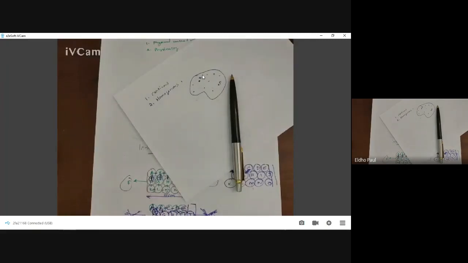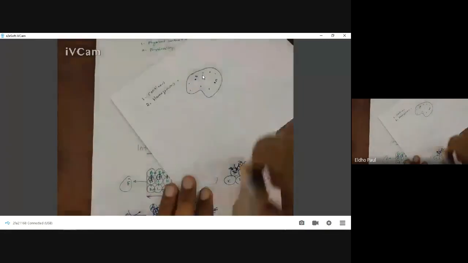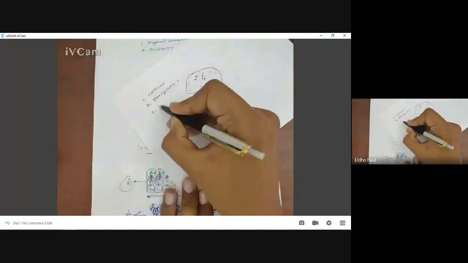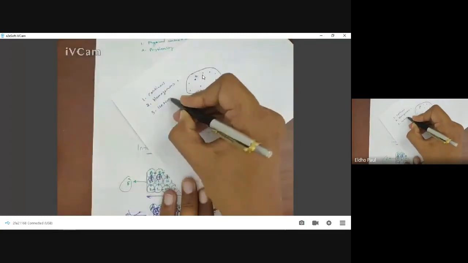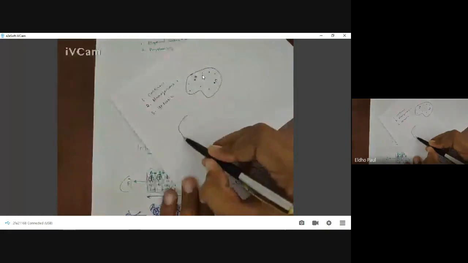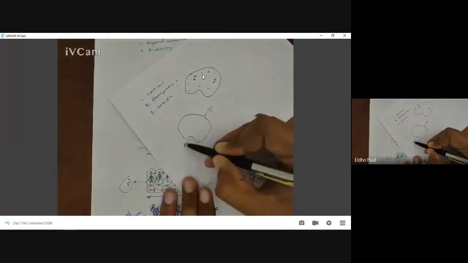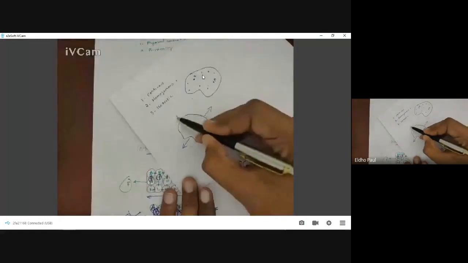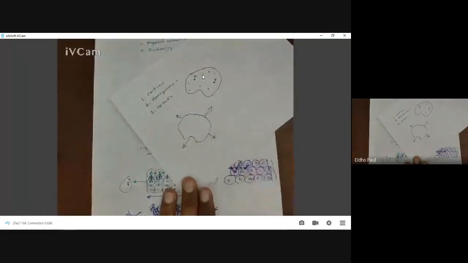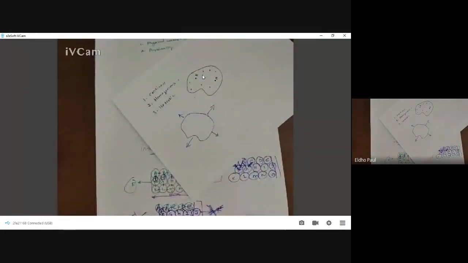Another one is all materials are isotropic in nature. We are dealing with materials which are isotropic in nature. We know what is isotropic: the properties in every direction are same. Then we can say that the material is isotropic in nature.